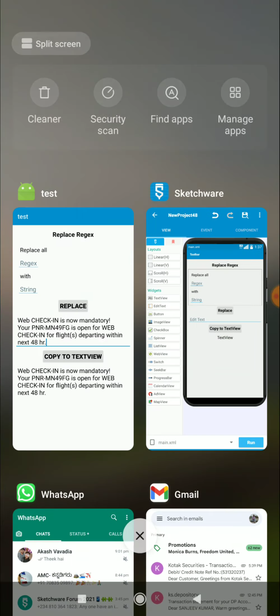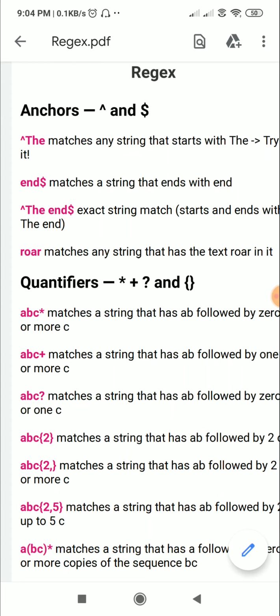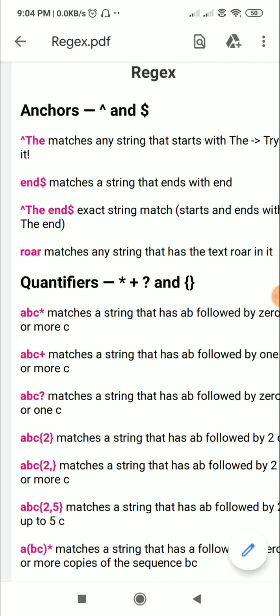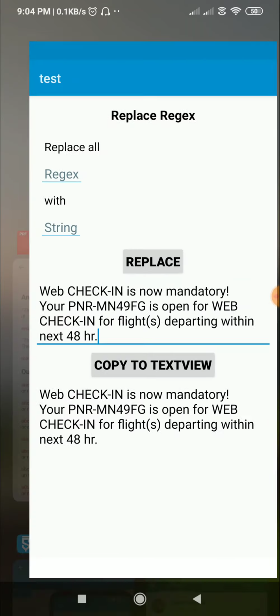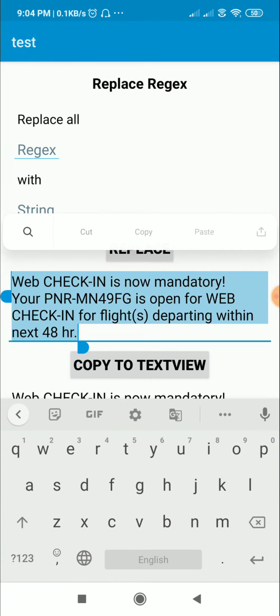Now let's have a look at the methods which we can use in regex. So here it says we can use anchors like the caret symbol and the dollar symbol. So the caret symbol matches any string that starts with the word after that. Okay, so here this is only one string and it starts with web.